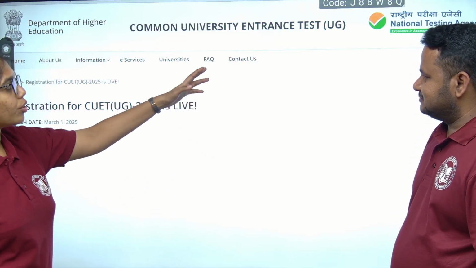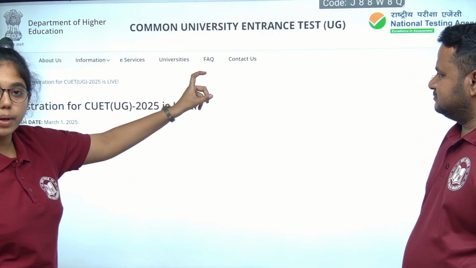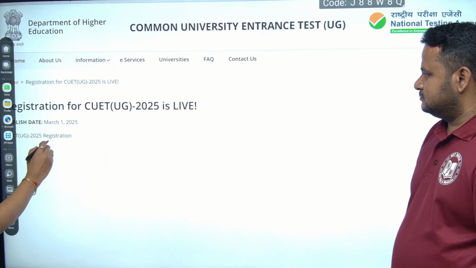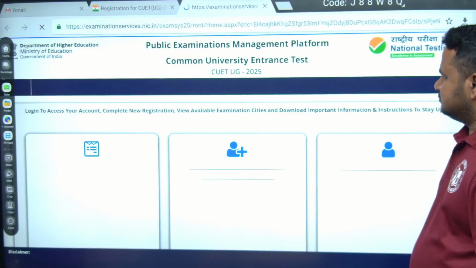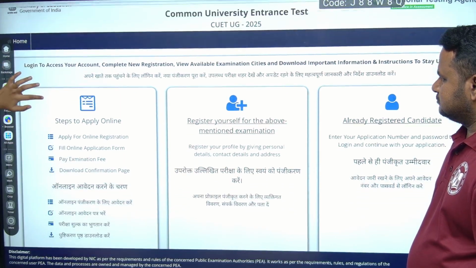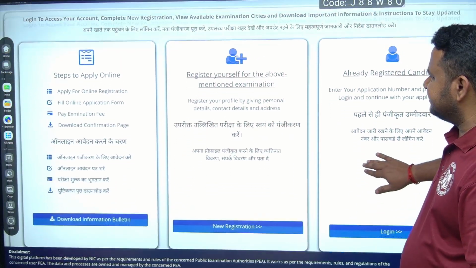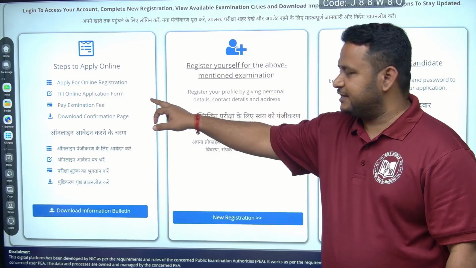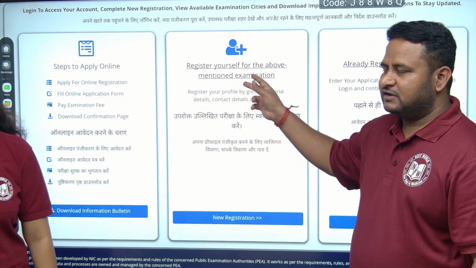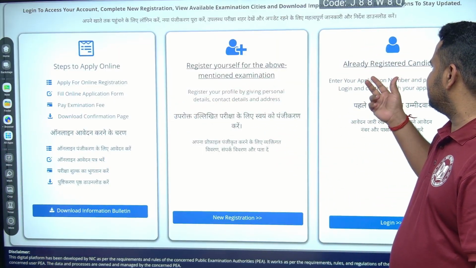In Google, just go to Google and type CUET 2025. You will get the registration link like this. Just click on the registration. So you will get these three boxes. The first box explains steps to apply online, then how to register yourself, then it has information for already